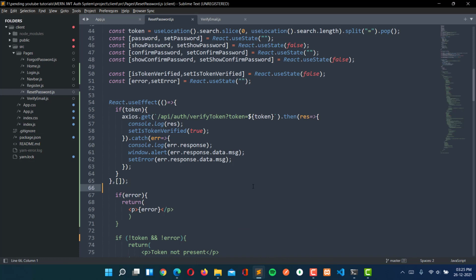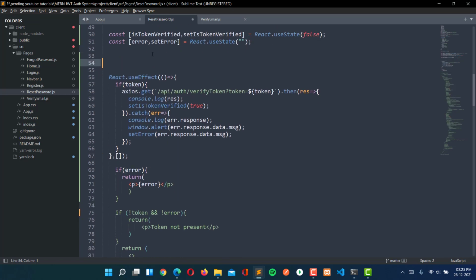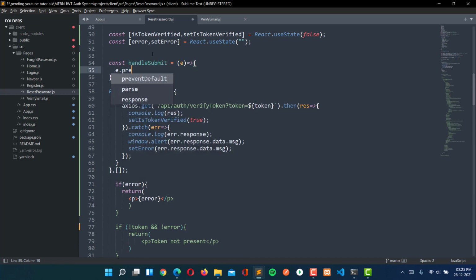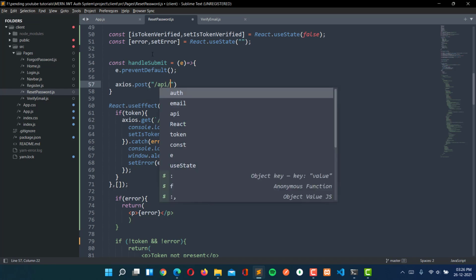So it will handle all the errors, so we don't have to worry about those. It will automatically handle those errors. So here I'm going to create handleSubmit and e.preventDefault, and here we are going to do the request axios.post, and it will be /api/